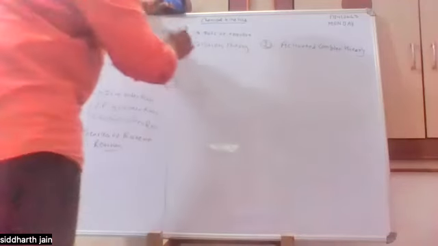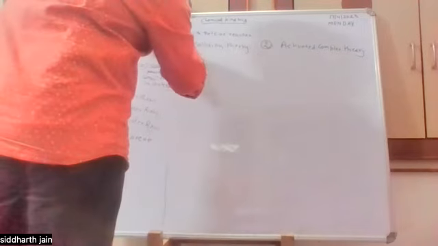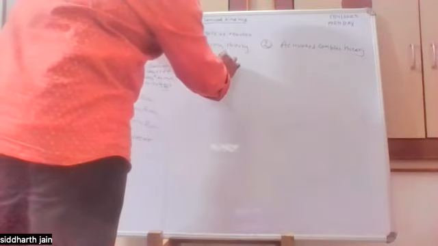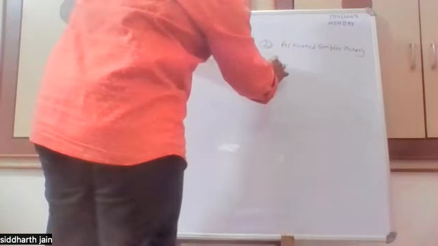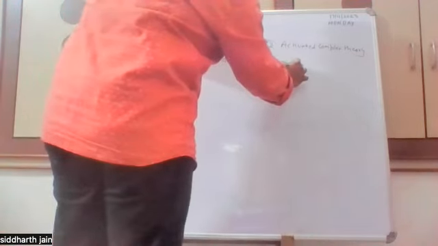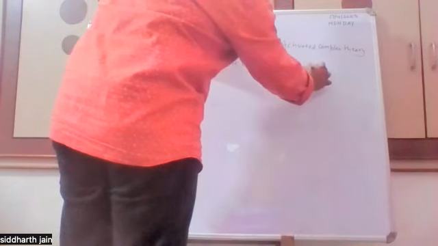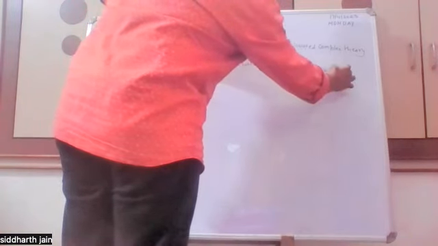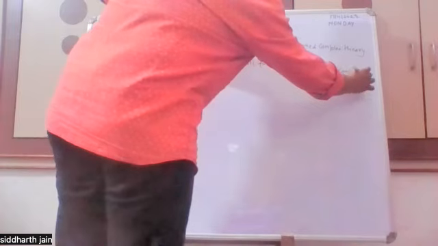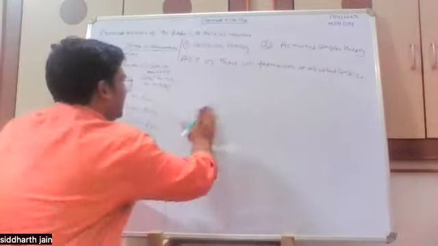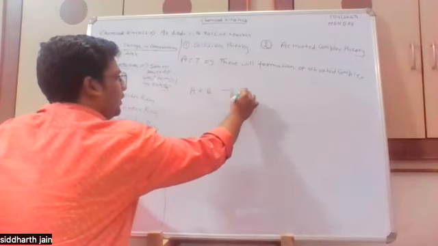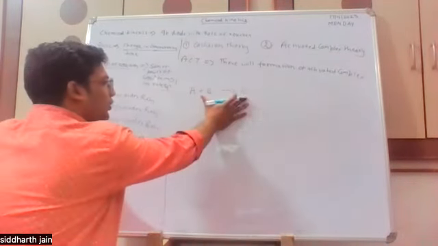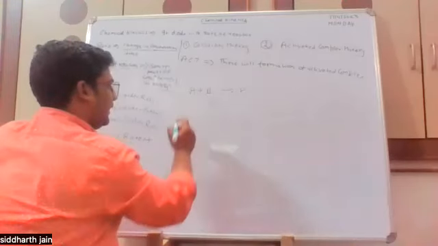So in activated complex theory, the theory tells us that there will be formation of an activated complex. Now, what is meant by this activated complex? For example, let's say when A plus B goes to the product. So before going to the product, in the energy diagram, I will